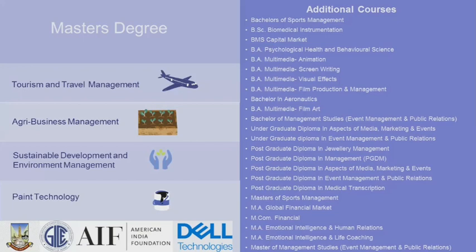Other things which will be taught to you is how to write an exciting screenplay. If you've heard in movies about screenplay, you'll be taught how to write a screenplay for a film, and dialogue writing for characters. So you can become a creative writer, content developer, or a blog writer. You can even join corporate communication. You can also become a story writer, screenplay writer, dialogue writer. The basic requirements are the same as I mentioned for the animation course: English as compulsory till class 12, and a minimum of 45% marks in HSC, and you will have an online test with an interview. It's a 3 years full-time course.